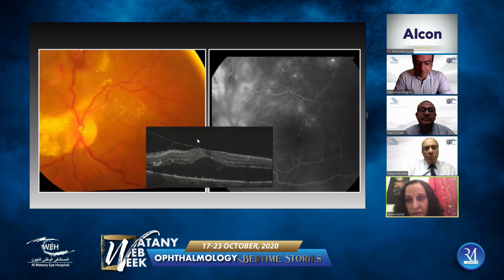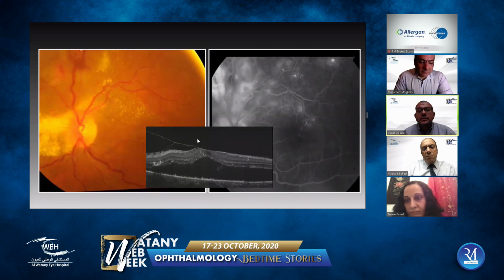Yeah, I agree, because the circinate hard exudates around the area where we can see the pre-retinal or intraretinal hemorrhage show that there's a localized area of leakage. I believe the patient has both. But still, my question is, would you inject when this patient has this amount of traction? This traction is not really that thick, and again,